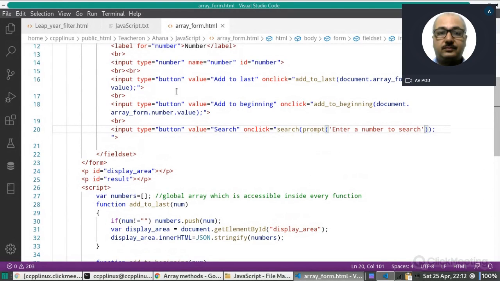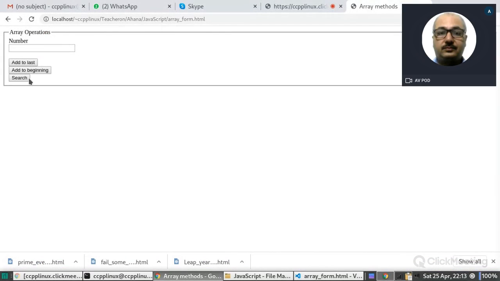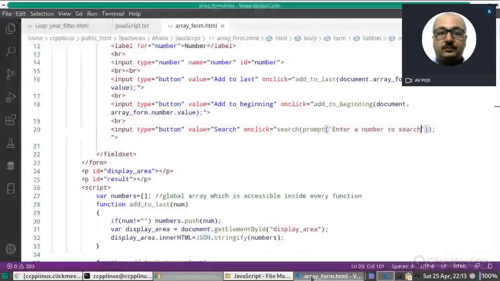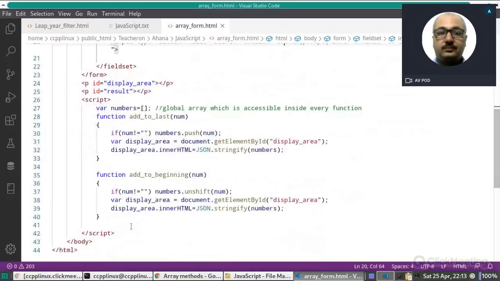Let's see how it is appearing. This is search. No, it is not calling that method, because this search is not defined at this moment. That's why.